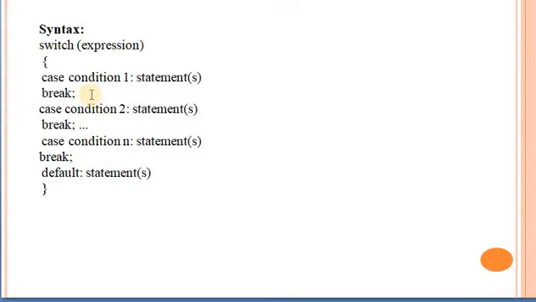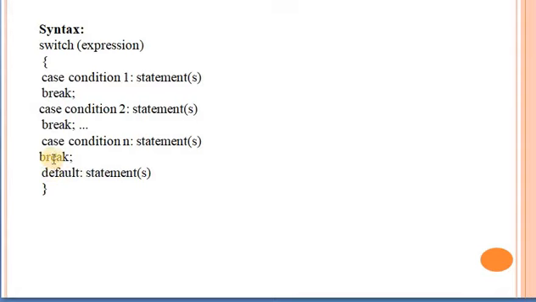The conditions are first checked one by one. The statement of the case would be executed if the condition is true. Else, the control will pass to the next condition. Suppose case condition 1 is true, it will execute the statements, otherwise it passes to condition 2. If it is true, then it will execute the statements. After that, suppose all the conditions are false, then the default condition statement will get executed.